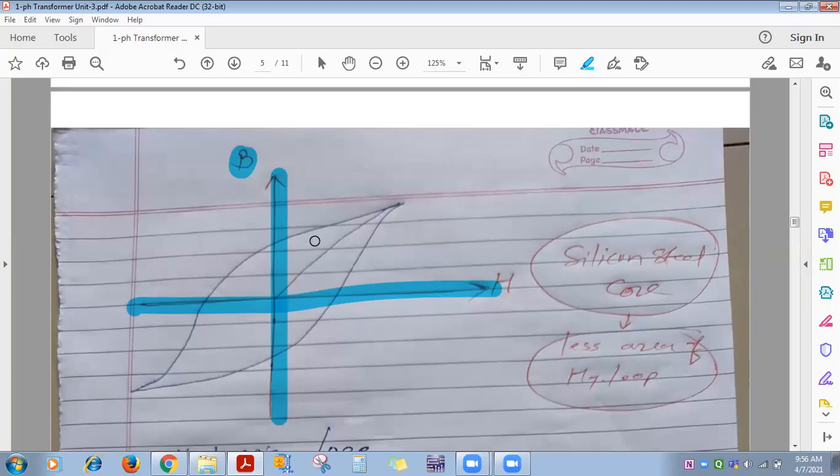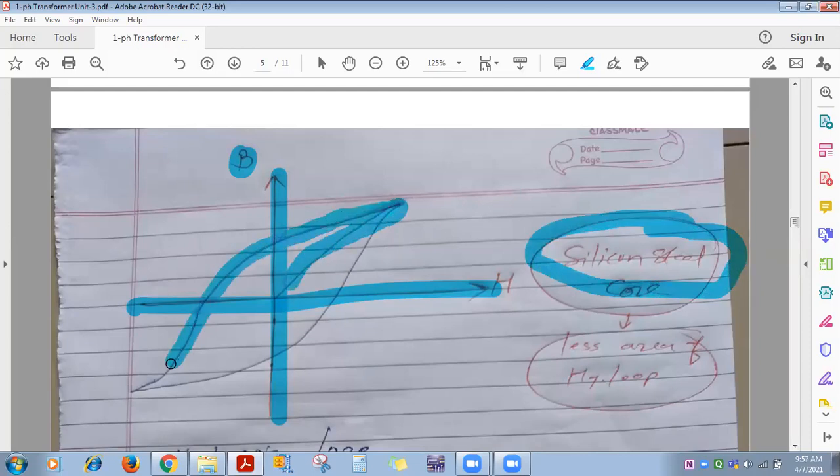When you plot the hysteresis loop for silicon steel, you will get it for almost all magnetic materials like silicon steel, cast iron, cast steel. Like this will be the nature. Shape is like this only of the hysteresis loop. This one loop is called the hysteresis loop. So if you plot the hysteresis loop for cast steel, cast iron, silicon steel, various magnetic materials, you will find that the area under this hysteresis loop is least for silicon steel, and the lesser the area, the less will be the hysteresis losses.